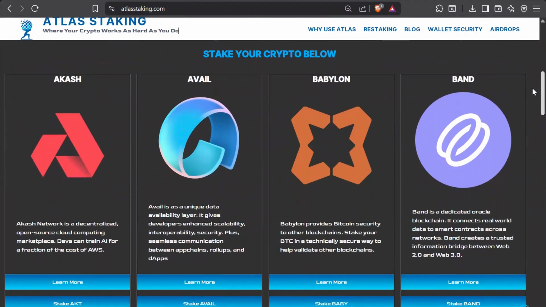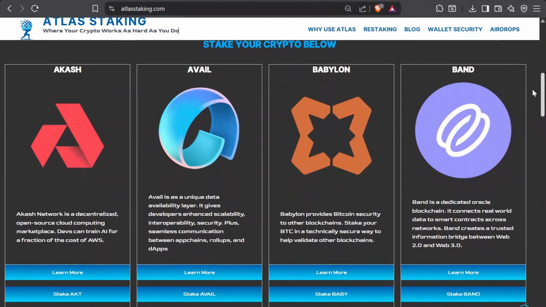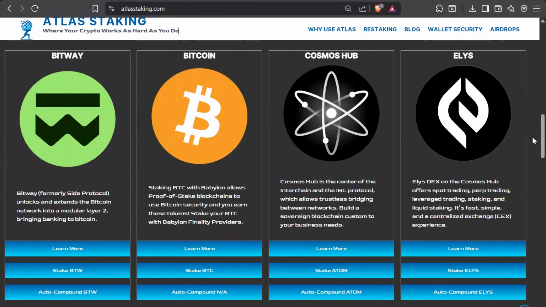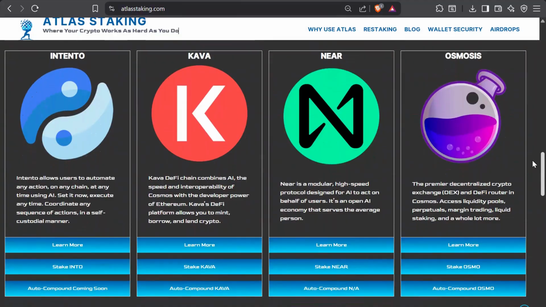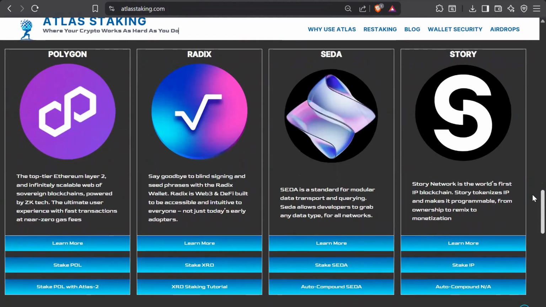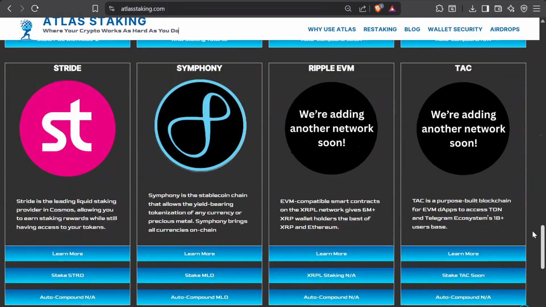But as of today, you can stake Akash, Avail, Babylon, Band, which is a cross-chain oracle, bringing real-world data on-chain, Bitway. You can stake Bitcoin with us to earn multiple tokens through the Babylon protocol, Atom, the Cosmos Hub token, Ellis, Intento, which allows you to automate transactions cross-chain, Kava, Near Network, which is quickly becoming the AI blockchain, Osmosis, Polygon, Ethereum's first layer 2, Radix, SATA Network, Story Protocol, which might be the coolest project that we support,